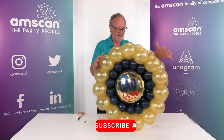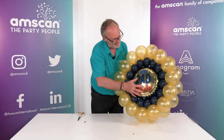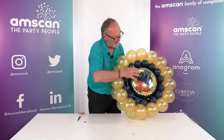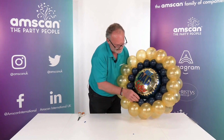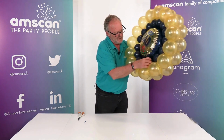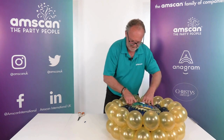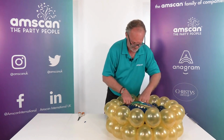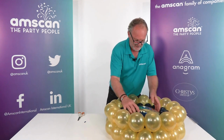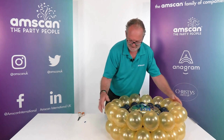And there is the finished frill around the edge of the balloon. So now we can see that it is looking quite like an award ribbon, but it needs to have the ribbon tails out the bottom of it. So I'm going to make those with modelling balloons and weave a ribbon just to give it that bit of extra texture. It's quite a simple technique,